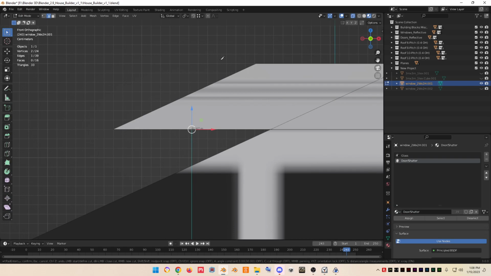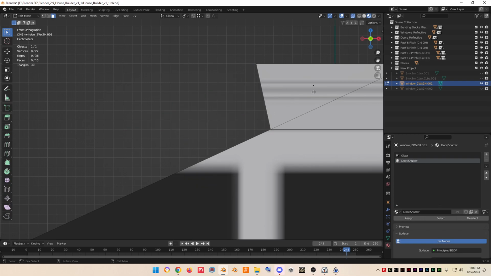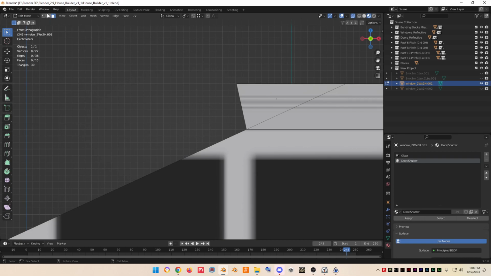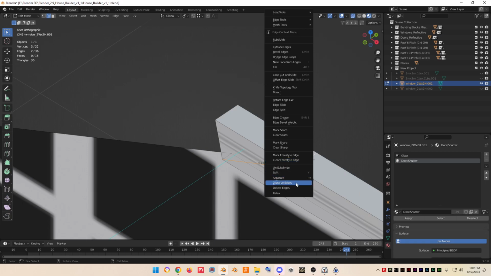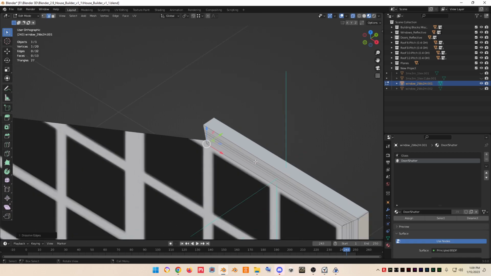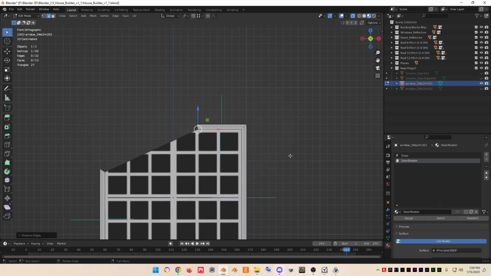We're going to go K, C, or it might be K, Z on 2.8, and we're going to come down to that point, click, enter. Now we can get rid of these two faces. And if we come back up to edge select again, select that edge, hold shift, select that one, right click, dissolve edge. Now we can go back, get out of edit mode,